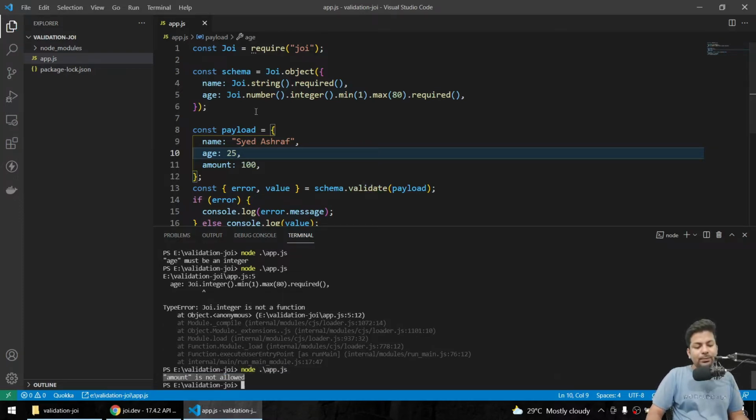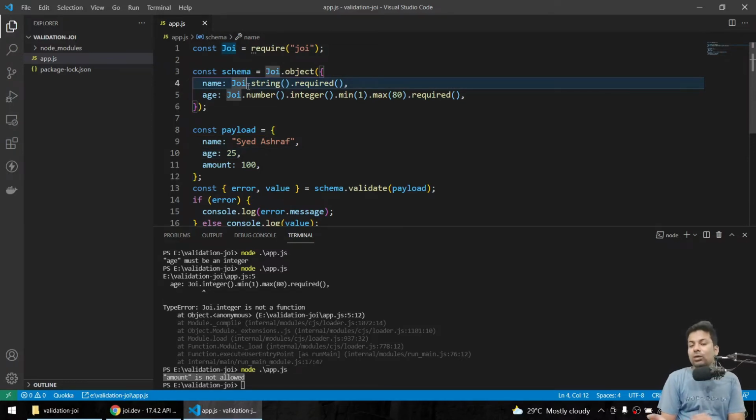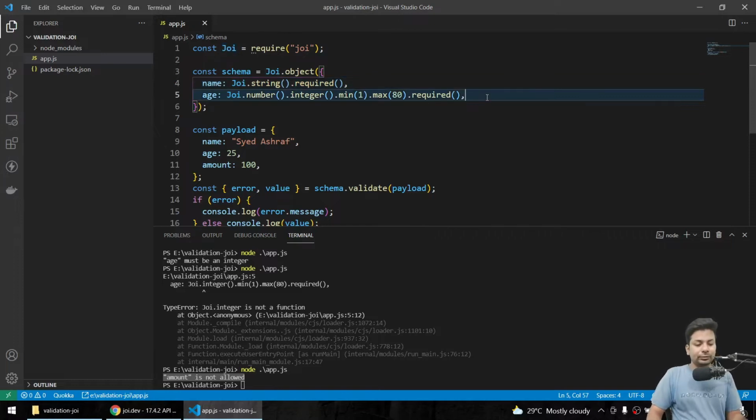You can see we haven't described amount here, so it's just sending you back. You can't send us amount because we don't accept the amount keyword, or key or parameter, whatever. So if you are sending extra data also, it will just send you back, oh, we don't accept that, whether you send or not, we just don't accept it.